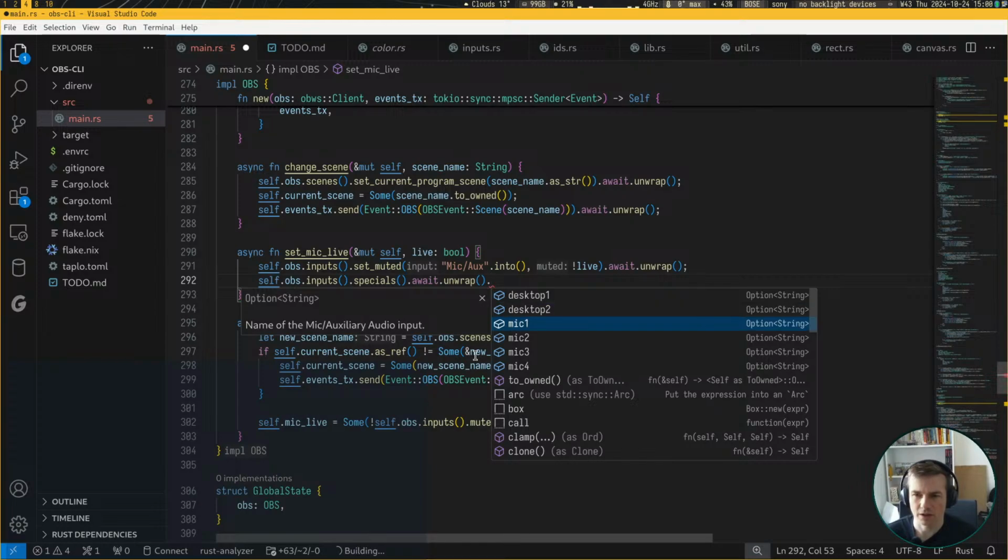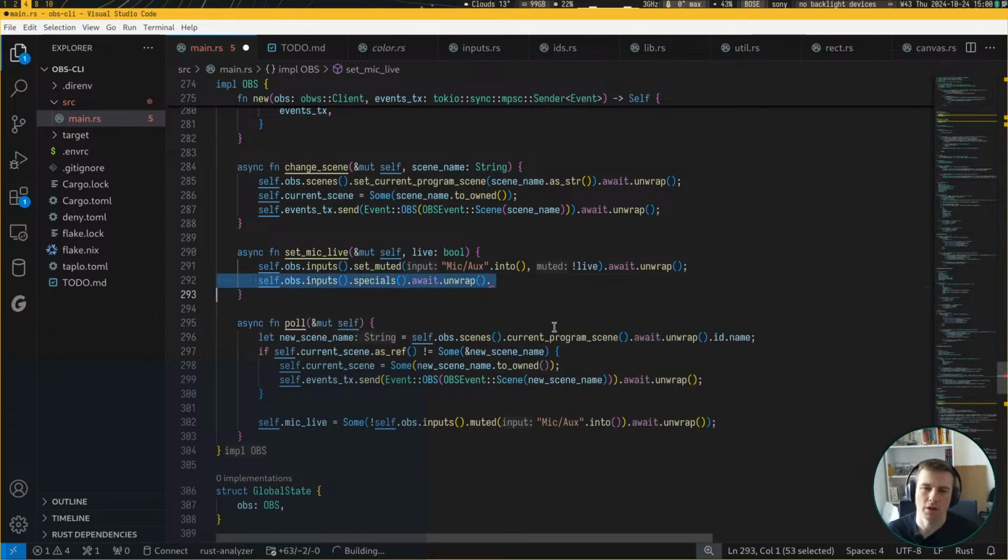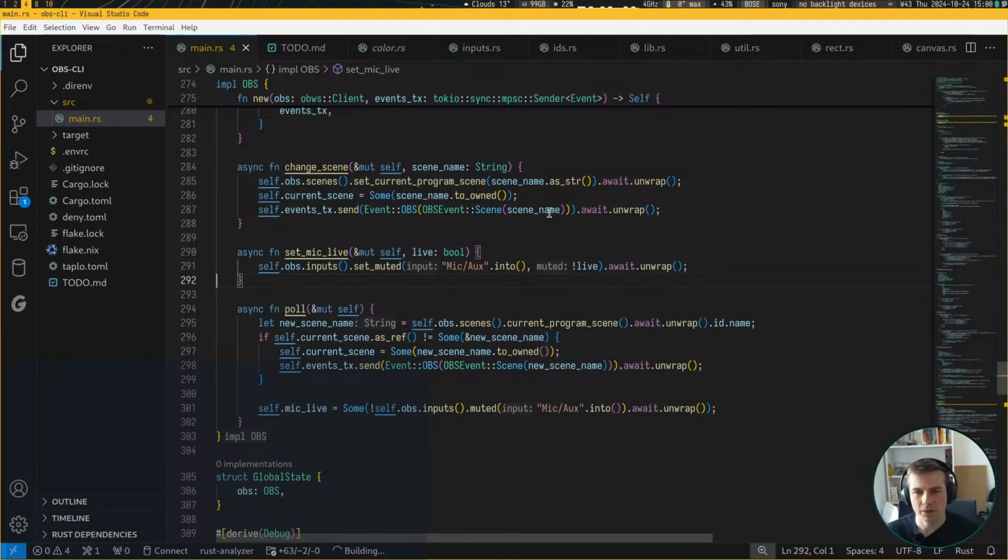All right. So I might have just used this mic 1 instead of hard coding mic aux. I might have just used this thing because it might be called differently, but since we're gonna make it configurable anyway, it doesn't really matter too much. All right, so